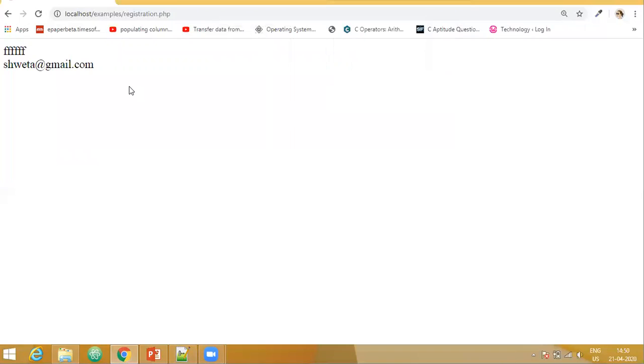So now name and email both are getting displayed, but if you observe the URL, there is no visibility of the parameters. So the post method helps us with proper security when data is being passed between different pages or from client to the server. Also, the capacity of the post parameter is more than that of get parameters. It can pass more number of characters.